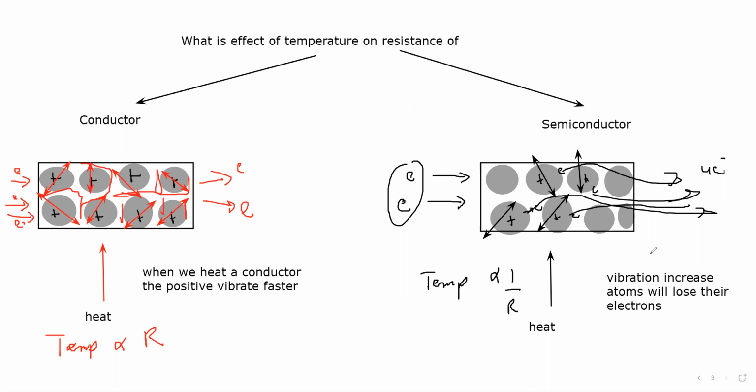This is not from an exam point of view. They will not ask. This is not related to the exam. This is an extra thing which I explain because it is related to another topic. So in the exam, they will not ask why an increase in temperature increases the resistance of a conductor, or why an increase in temperature reduces the resistance of a semiconductor. That's not according to the exam. But because it is related to another topic, I have to explain this part as well. Is it clear? The idea of why the resistance of a conductor increases with temperature and the resistance of a semiconductor decreases with temperature.